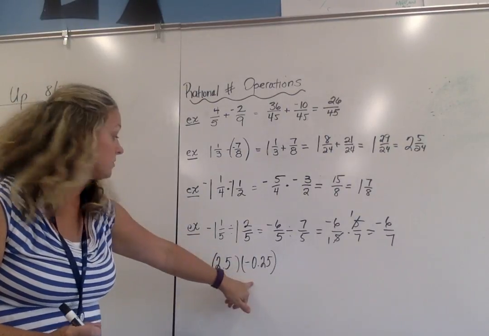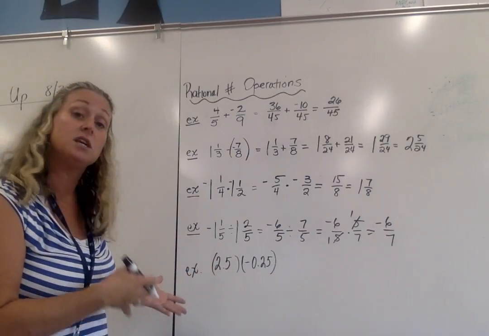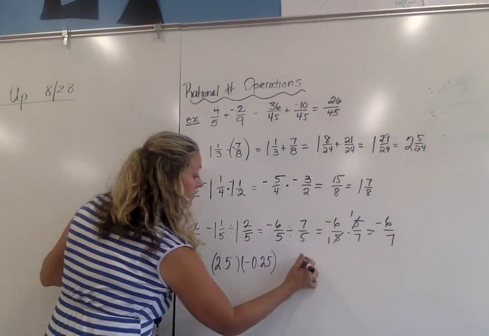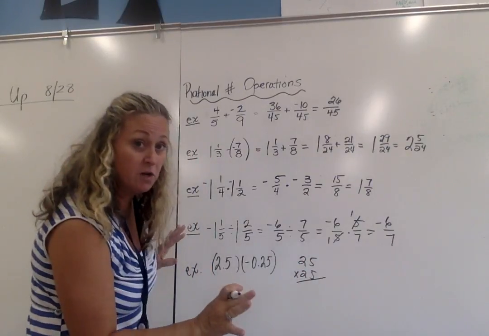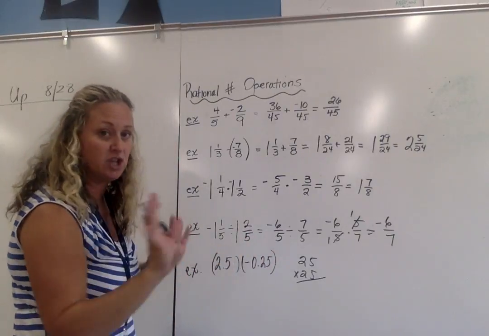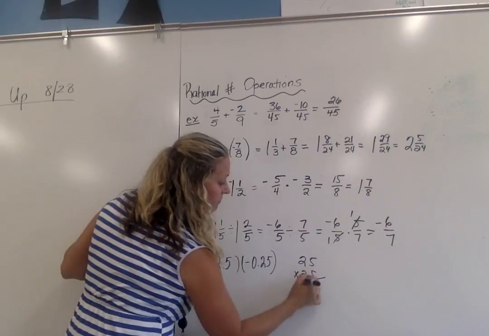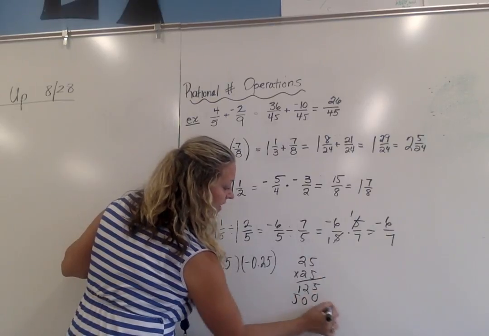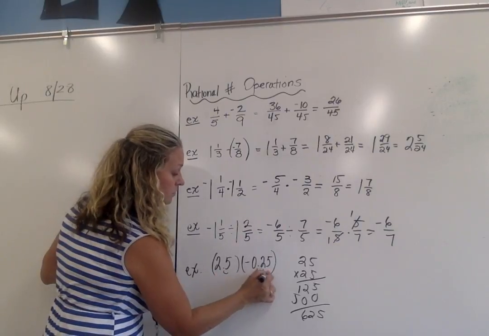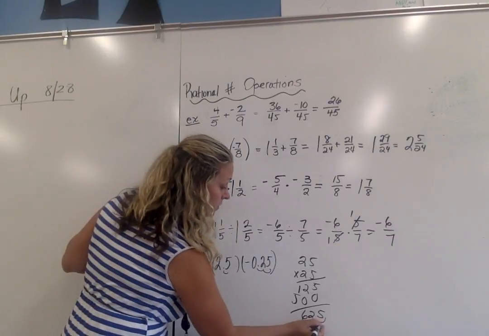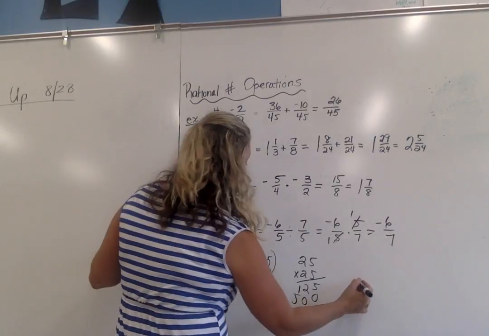Here, I know my answer is going to be negative because a positive times a negative is a negative. Now, this is decimals, so I'm literally going to multiply 25 times 25. Some of you already may know that without doing the long computation. I'm okay with that. 25, 125, 10, 5, you should get 625. I know that there are 1, 2, 3 place values behind, so 1, 2, 3 place values behind. So my final answer ends up being